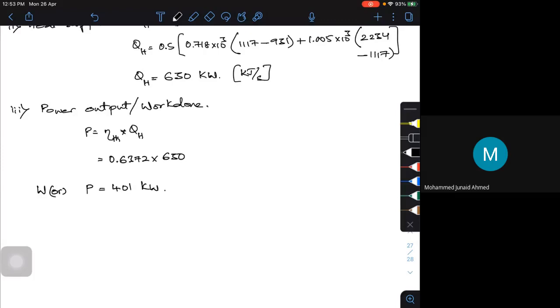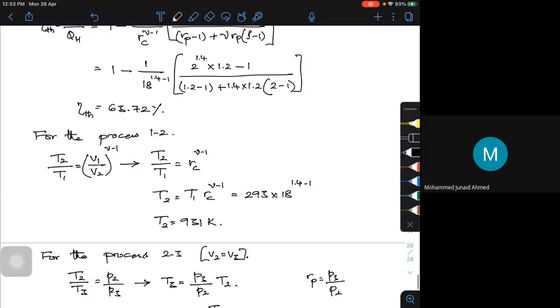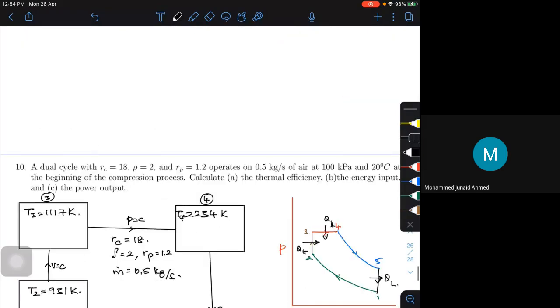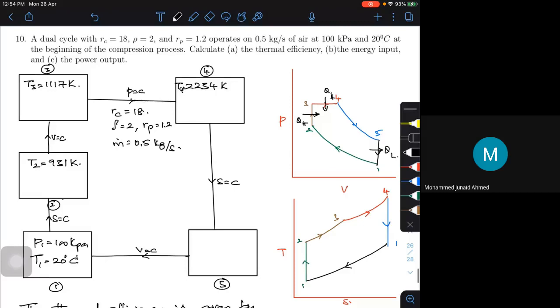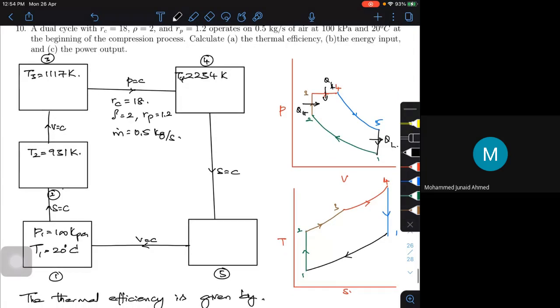Okay, so they have asked us to find three things. I can go back and write all the values I have calculated. Thermal efficiency is 63.72 percent. Then I found the heat supply, that is QH, which is 630 kilojoules per second or kilowatts. Then the power output or work output is equal to 401 kilowatts. So each and every quantity which was asked in the problem statement is